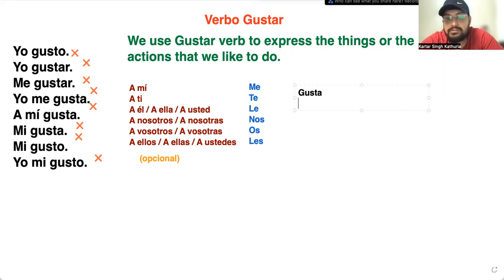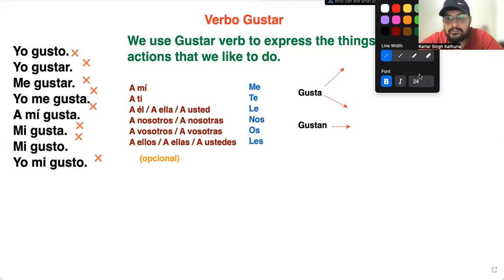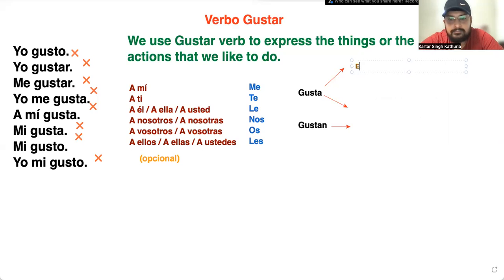I can either use gusta or I can use gustan. But now the question is, where will I use gusta and where will I use gustan? That's quite confusing for me. So I'm going to explain here. Whenever anything is singular, it can be any object, anything, right? I'm writing here sustantivo singular. It means any singular noun. And sustantivo singular,